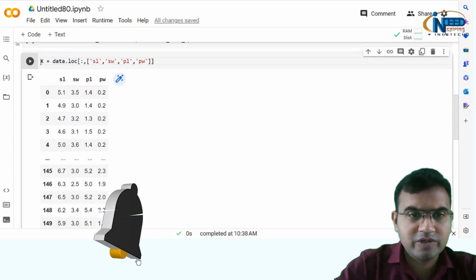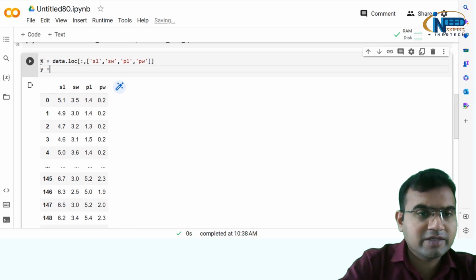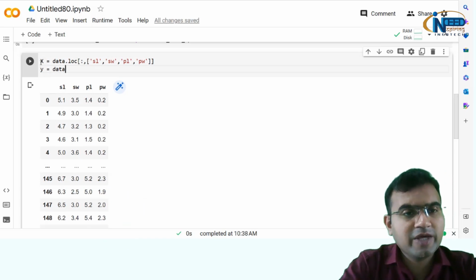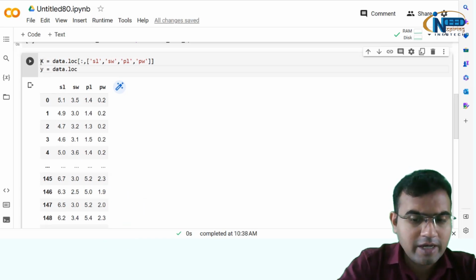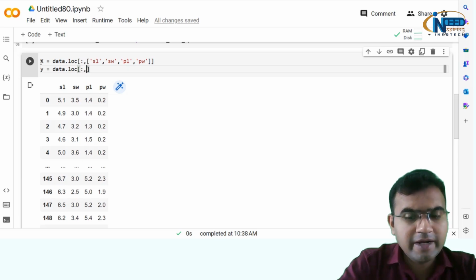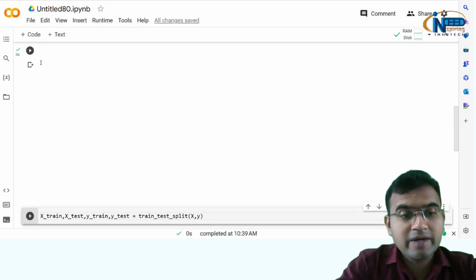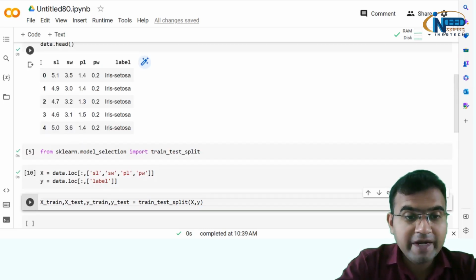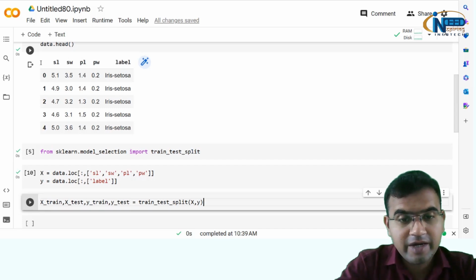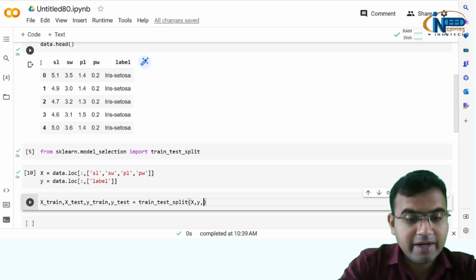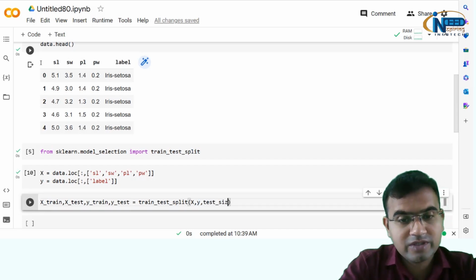So X is equal to this much, and Y is equal to, we will have the same thing, data dot log and colon, and here we will have only the label. Okay, only the label we will have. So X train, X test, Y train, Y test, and what we will do here, test_size